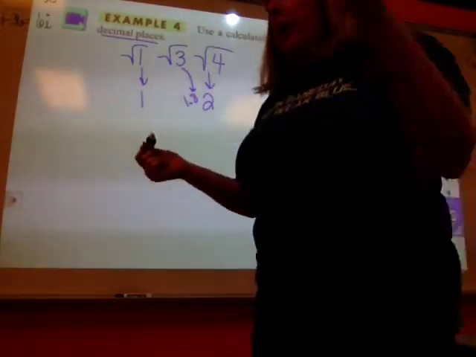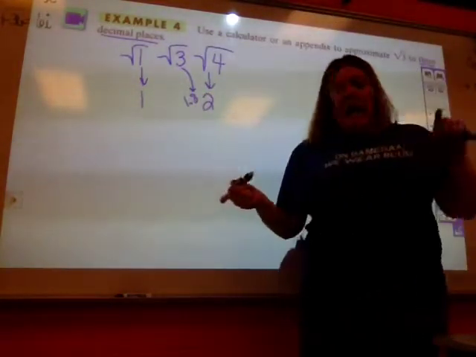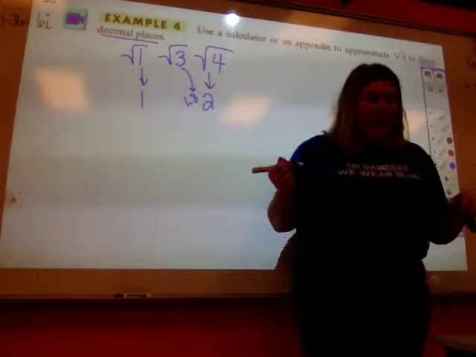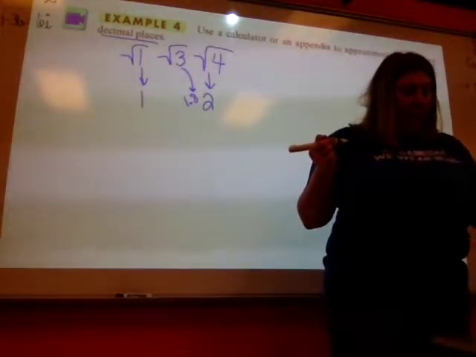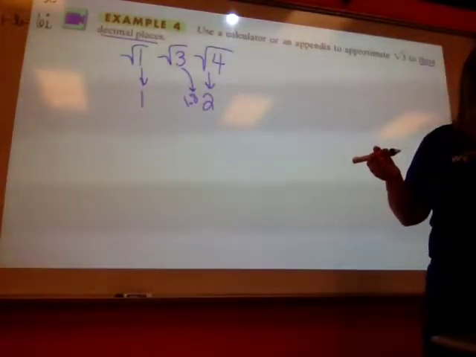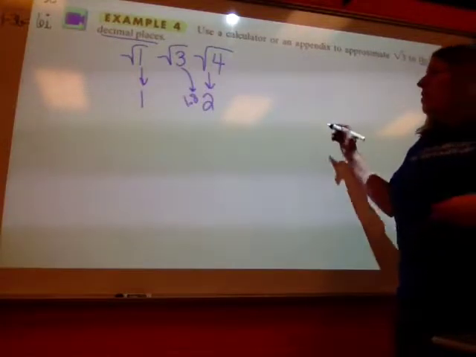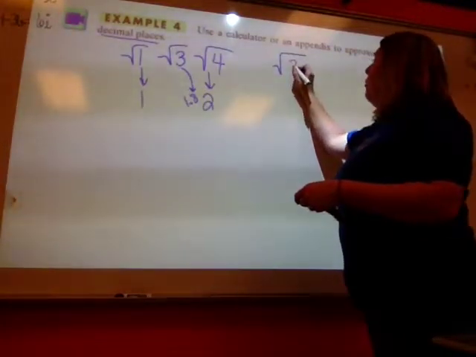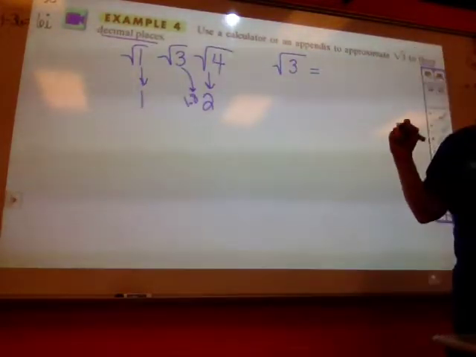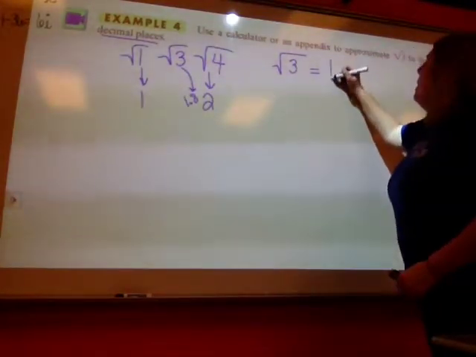On your calculator, you're going to hit second and then the x squared symbol. On our graphing calculators, we're going to hit second and the square root symbol, and this little symbol is going to pop up, and then put a 3 in there, and then hit equal, and then it says